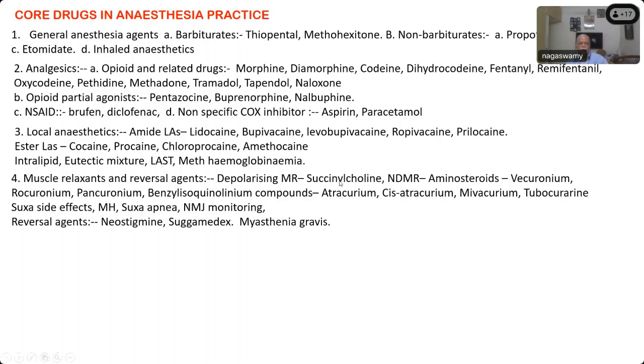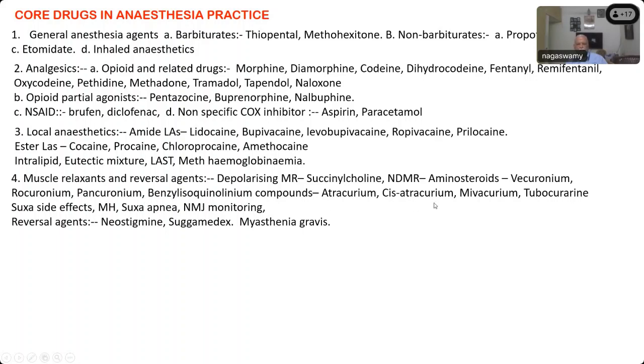Can you name a few side effects or complications of the usage of succinylcholine? Most common is hyperkalemia, myalgia, malignant hyperthermia, apnea, and increased IOP. All these side effects you must be knowing. MH, apnea, and then they may ask questions on neuromuscular monitoring. How will you find the train of 4 after succinylcholine? How will you find the train of 4 after